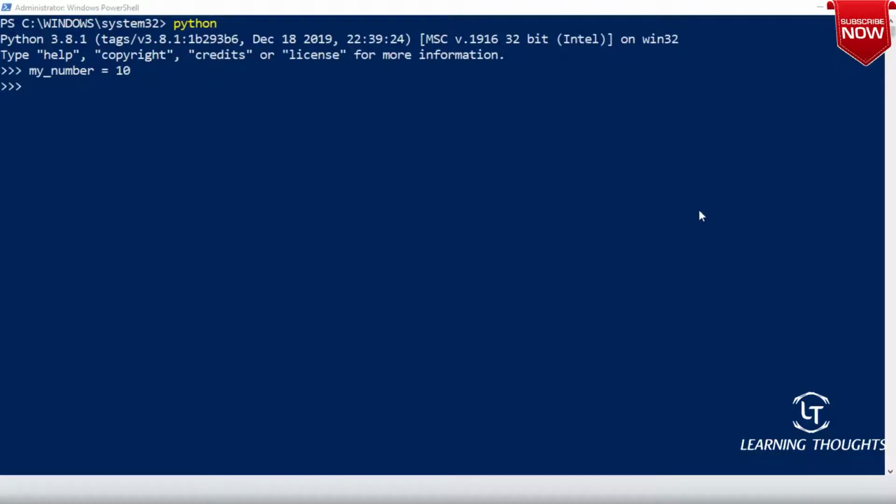And whenever it is trying to remember, where will any program remember the values? RAM. Wonderful. So now I will ask, RAM, what is the data type which you have used? So type of my_number.